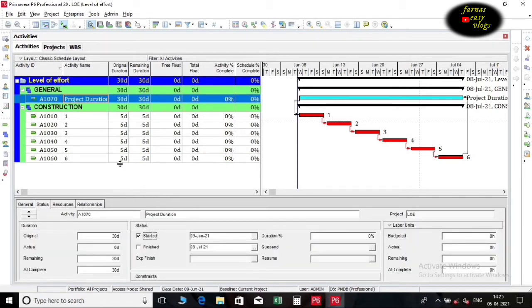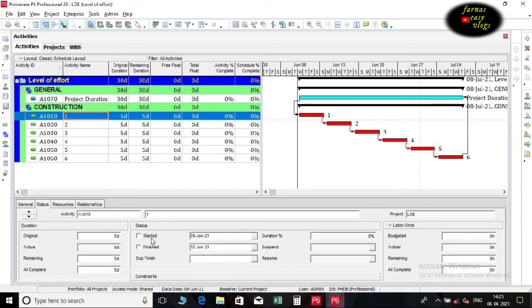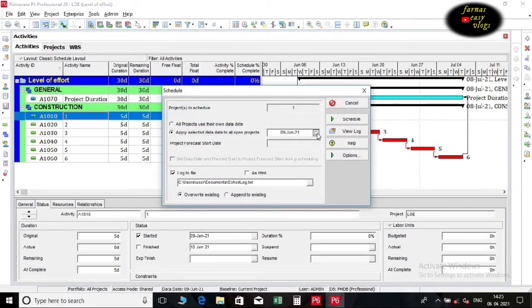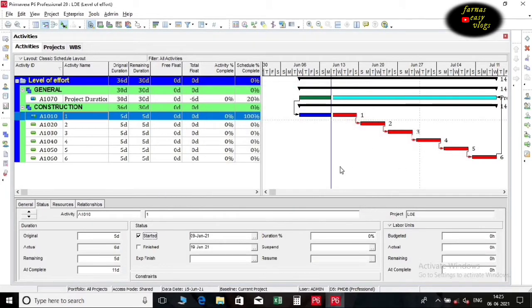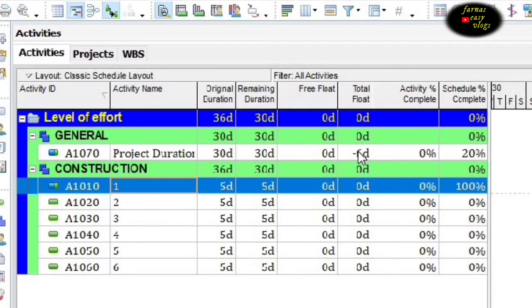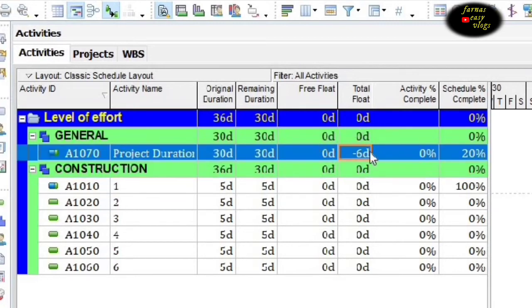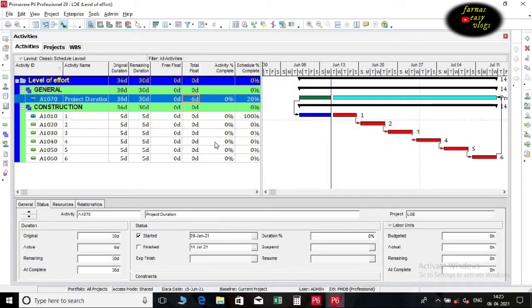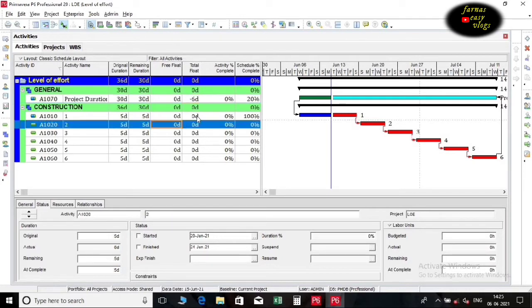When the predecessor to the level of effort is updated with progress, the activities linked to the level of effort have positive float, but the level of effort has negative float. Here no constraints are used. The task-dependent activities are on the critical path, and have nothing to do with the negative float on the level of effort activity. What is the reason behind this?